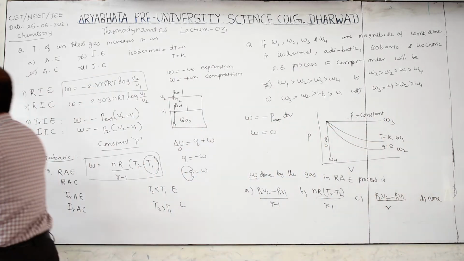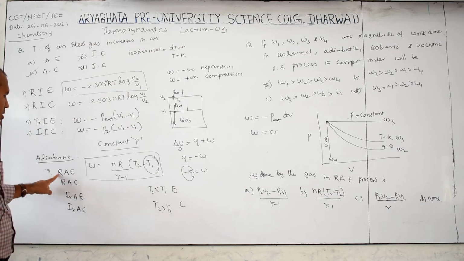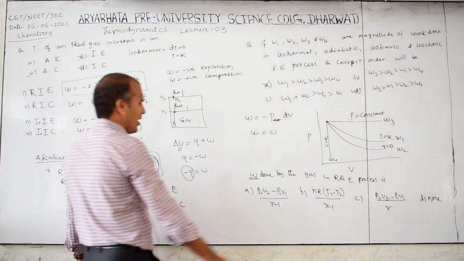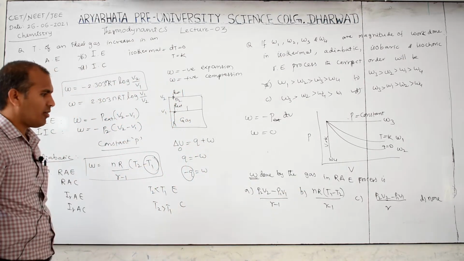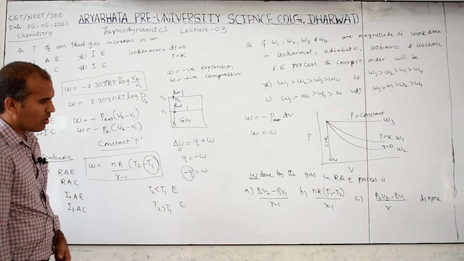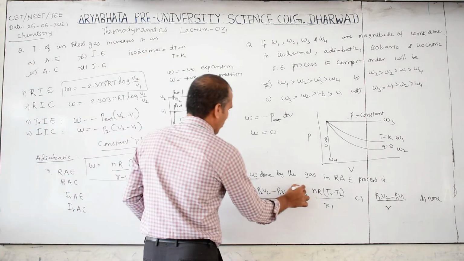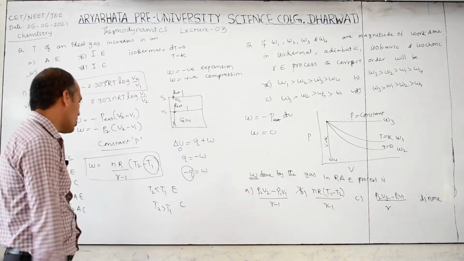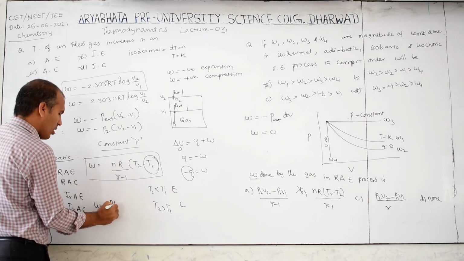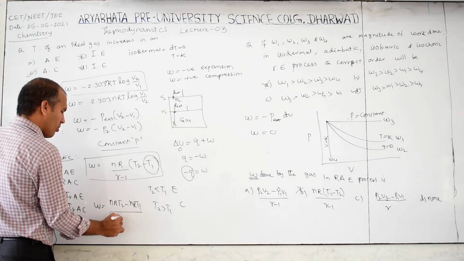Then you learn this formula here. This formula is applicable for all reversible adiabatic expansion. This looks like B, but B is not it, because here T2 minus T1 is there, but there T1 minus T2 is there. Therefore, that is not the answer. So the answer may be A or C, or if these are not, then maybe D. Then how to answer? You have to expand it. W is equal to nRT2 minus nRT1 by gamma minus 1.